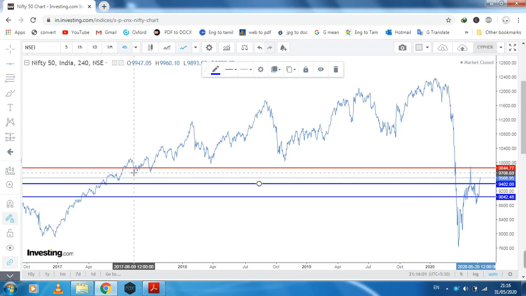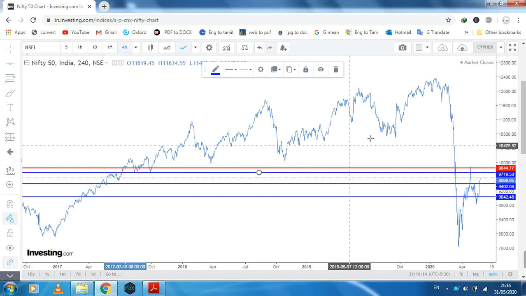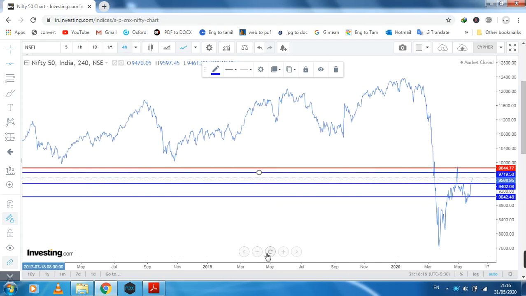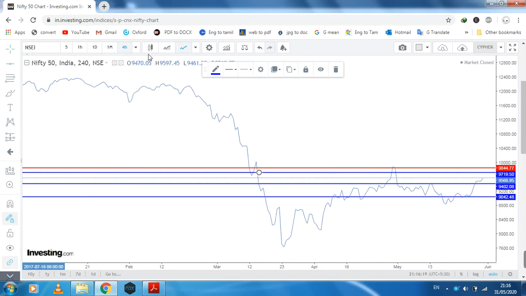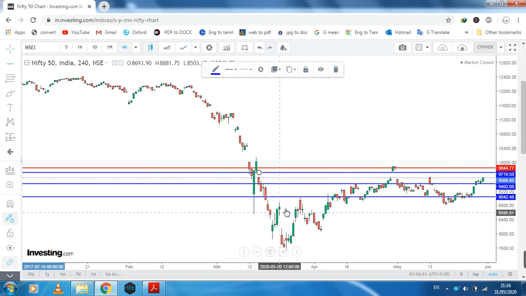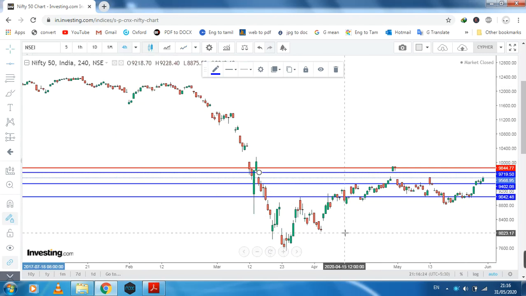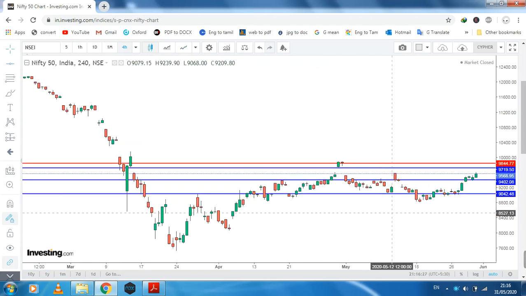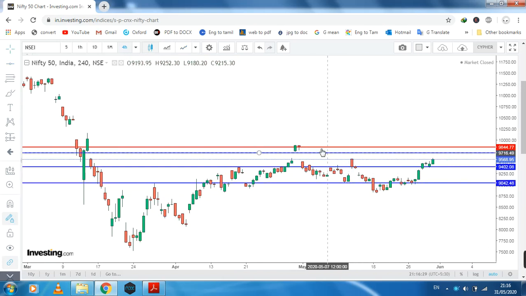Okay, did you understand this area? This is a good support in the previous history, so this is a resistance for the current market. So I draw that line. Okay, this is enough to analyze this market in 4 hours. So 4 hours is tradable. These are the support and resistance levels. This is the weekly, and this is the 3 or 4 hours. That's enough to trade.